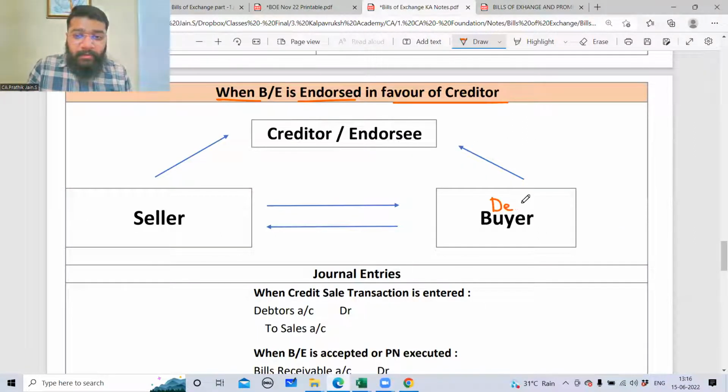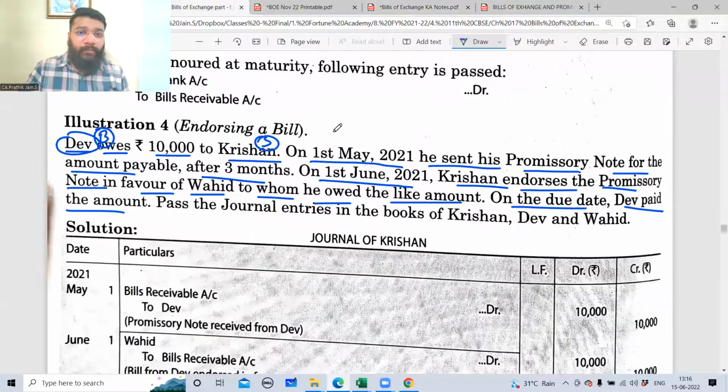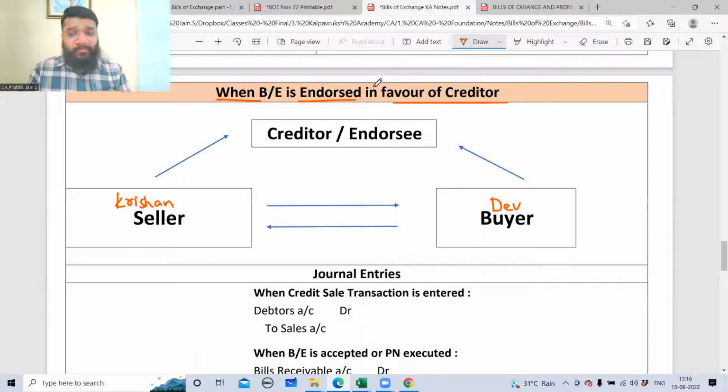So Dev is buyer, Krishan is seller. On 1st May, he sent the promissory note. Who sent the promissory note, Dev or Krishan? Dev. Promissory note is sent by the buyer, the customer, saying that I'll promise to pay you. So Dev sent the promissory note to Krishan